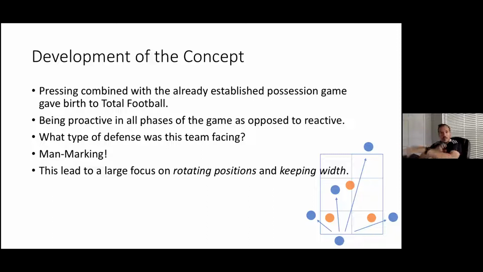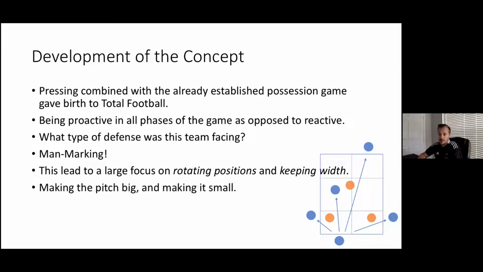So they'll rotate and they'll mess up the man markers all over the field. They'll stay stretched. They have a formation that they're going to stay wide in and stay someone giving depth, but they're going to move all around the field, okay? Because man marking then gets pulled all around. Now your center back's following the number 9 all the way to the fullback position. That's weird, right? So it opens you up and makes you disorganized.